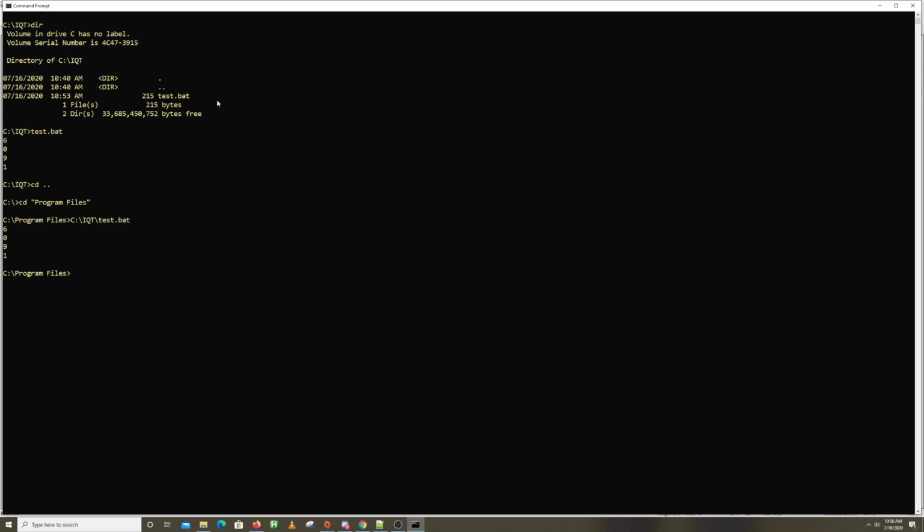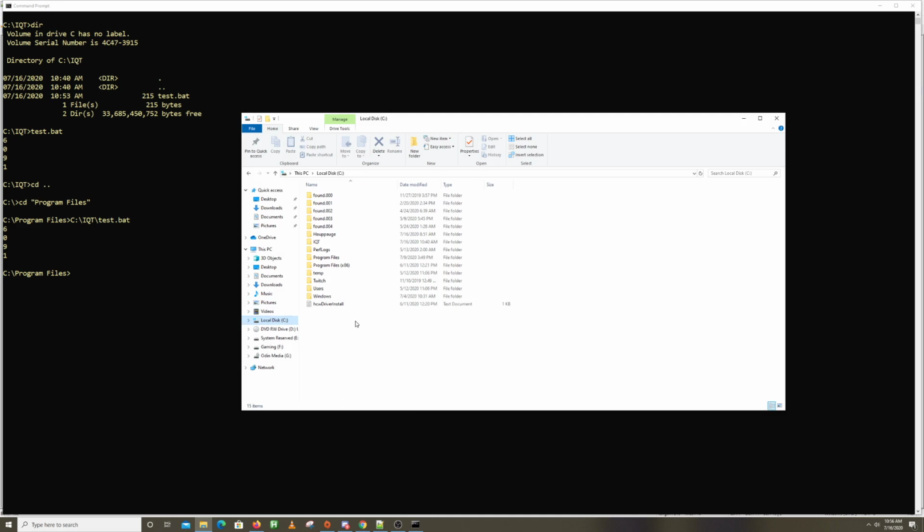And for Windows, it is very, very simple. So I'm actually going to go into the IQT folder, and we're just going to create another folder inside here, and we're just going to call it bin, and we're just going to move our test script into that folder. So maybe you have a lot of different functions that you're going to be creating on your system,